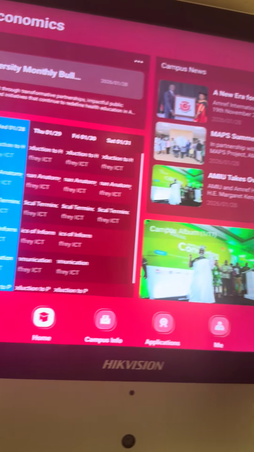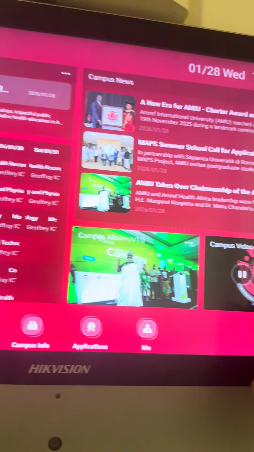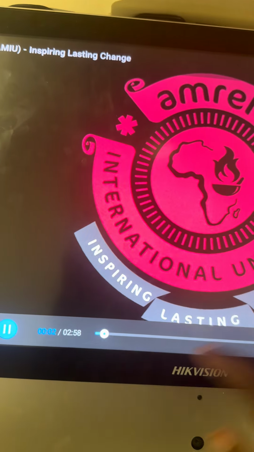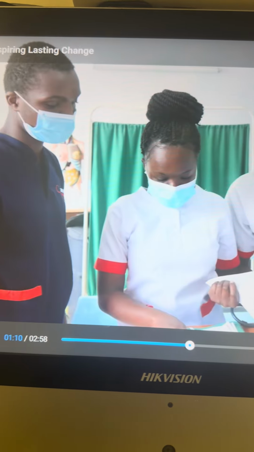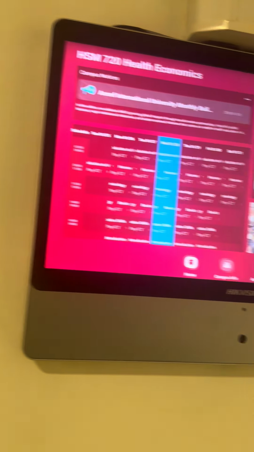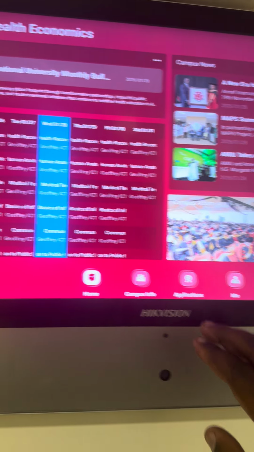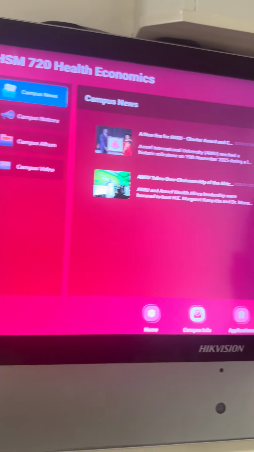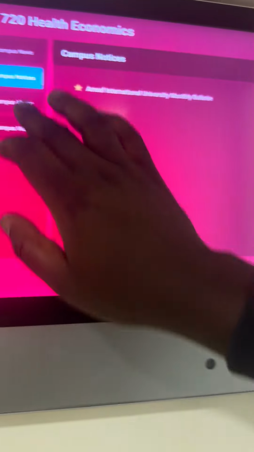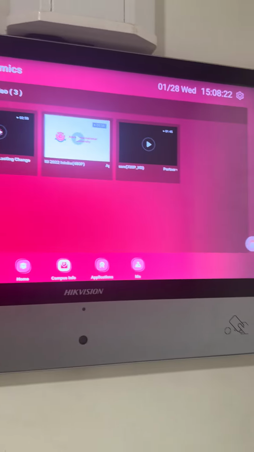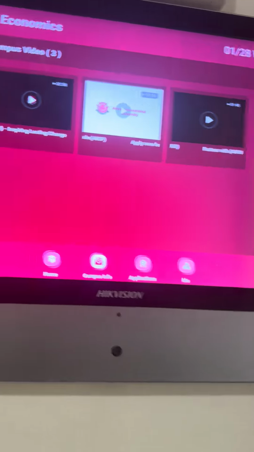Then let's go to video. So you will have the campus video. Of course, you can always adjust the volume to play whatever you want. It's as interactive as this, and the objective is to make education and learning really convenient and smart. When I come to campus information, all the information release happens here: news, notices, album, video. This can be continuously updated by the management or the admin of the institution to make your learning really